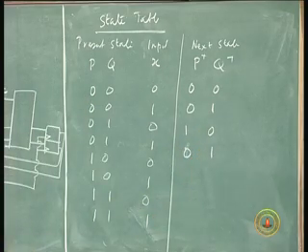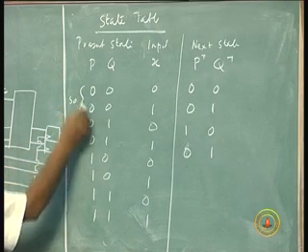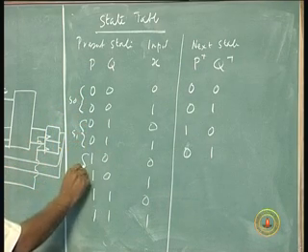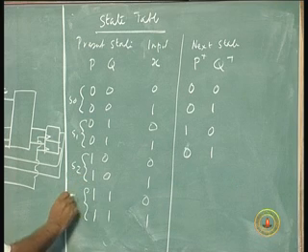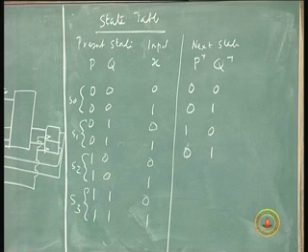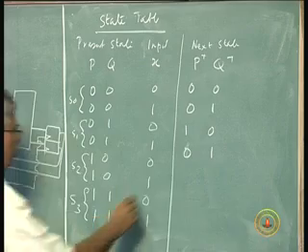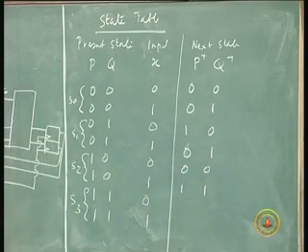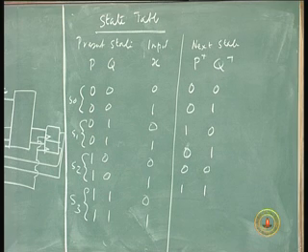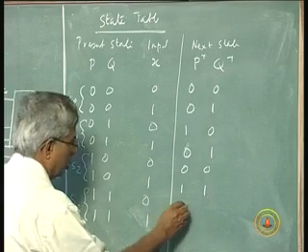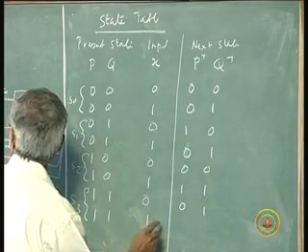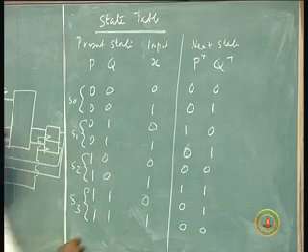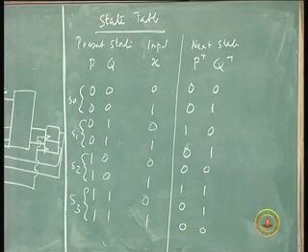Yes, this is S0 state, this is S1 state, this is S2 state. In S2, the input is 0, it goes to 0 0, input is 1, it goes to 1 1. From S3, if x is 0, it goes to 0 1, input is 1, it goes to 0 0. So, this is the transition table as well as the state table, since we are using D flip flops